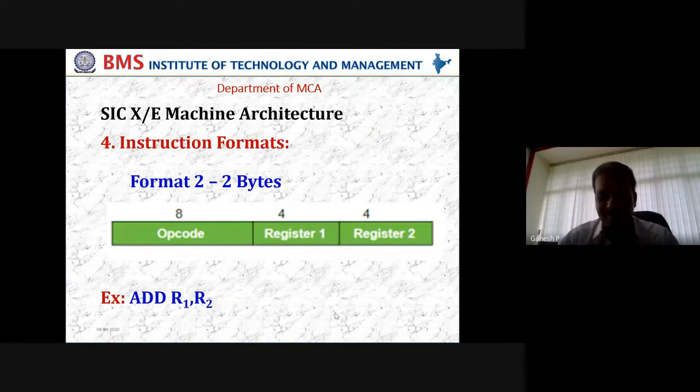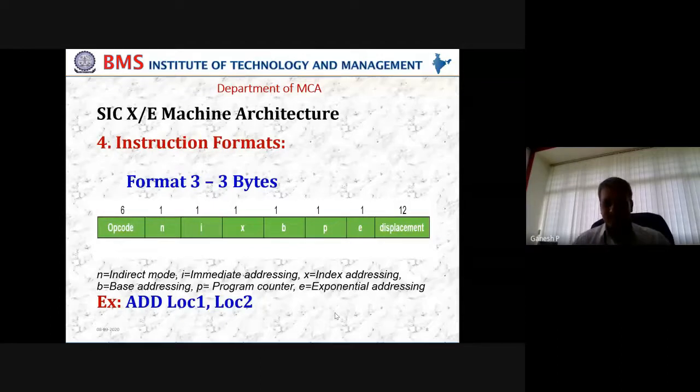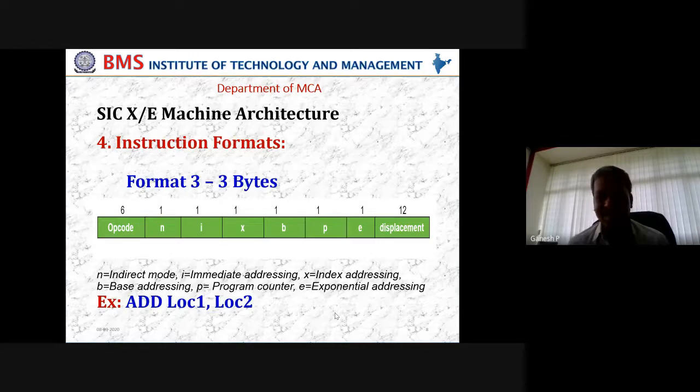So these registers can be either A, B, S, T, and F that we have seen. Now format 3. Some more change, because format 3 is nothing but a 3 byte instruction, which is slightly complicated, and it has 24 bits. So in this, you need to have some attention. The category of format 3, again, let us have 3 categories. One is the opcode, second one is addressing mode, third one is the displacement. So I need your attention in all these concepts.